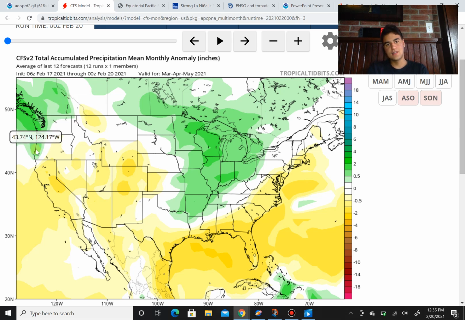And it's expected because when it's cooler than usual in the Northwest Pacific, that typically means there's a lot more precipitation, because obviously those troughs and the clouds block a lot of the shortwave radiation from hitting the Northwest Pacific, which would raise the temperature. So it's actually going to be a moist and cool winter for you guys based off of what the CFS model is forecasting. But not only do we have to keep in mind the CFS model, we also have to